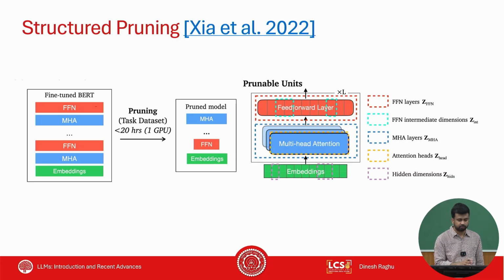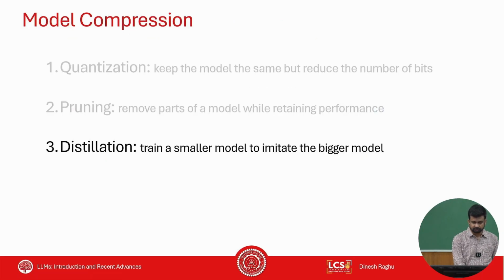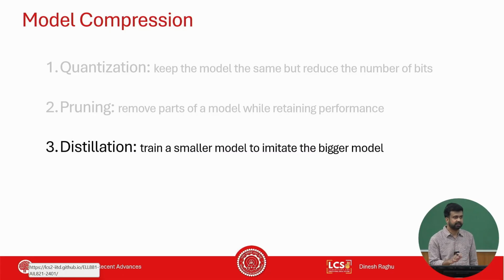And they say that if you take into account the structure of the network and remove structural components, you end up getting a performance speed up. So this is about pruning. I'm just covering the overview to give a brief picture of what pruning does. I'm not going into details or other techniques that do pruning more efficiently.